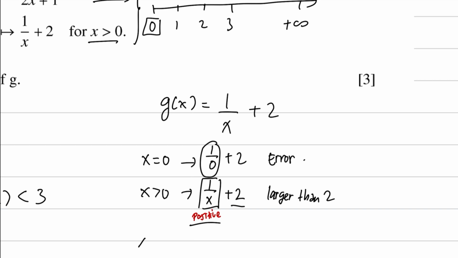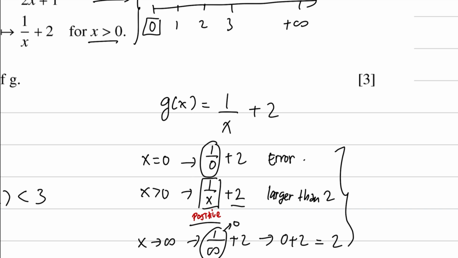And the last one, if we put a very big number, x approaches infinity. Let's see what happens. 1 over infinity plus 2. This will approach 0, same thing. So this will approach 0 + 2, which equals 2. But only approaching 2, not equal to 2. So that means the same thing as before. This is the boundary, but we'll never reach it, and your value will always be larger than 2. So that means your g(x) is larger than 2. Cannot put equal, because that will never reach 2. It's just approaching